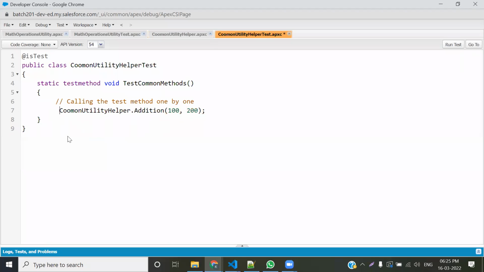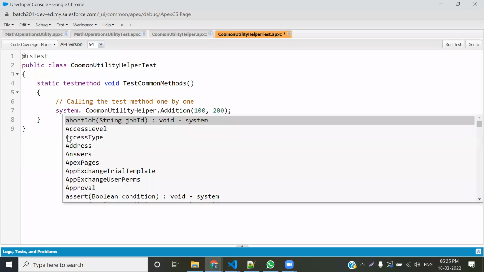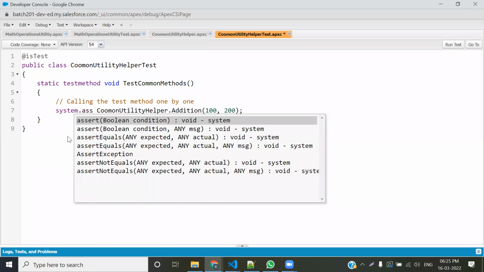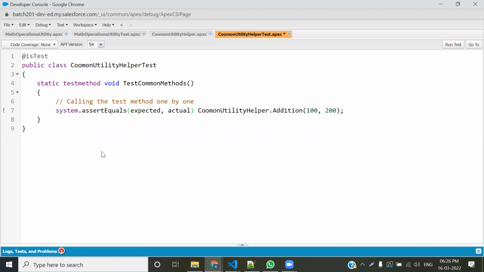तो यहाँ पर क्या होता है, there is a method for that. There is a method, direct method. System is a class, you know this. System dot assert. ठीक है, system dot assert. और assert equals लेना पड़ेगा मुझे, any expected any actual, void system. I need to go with this flavor. System dot assert equals लेना पड़ता है, ठीक है। तो expected और actual दो चीजें रहती हैं यहाँ पे।